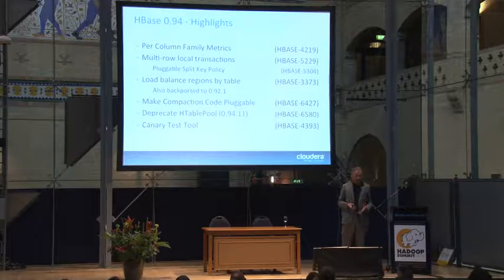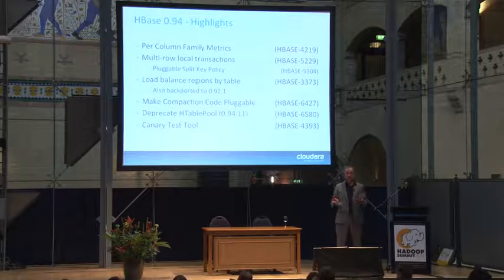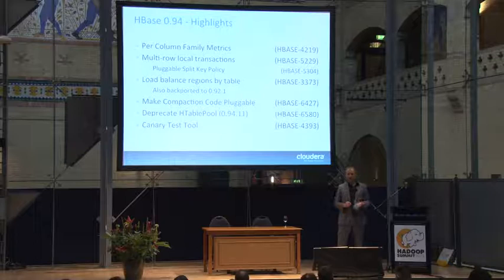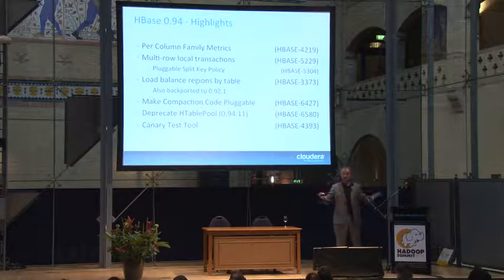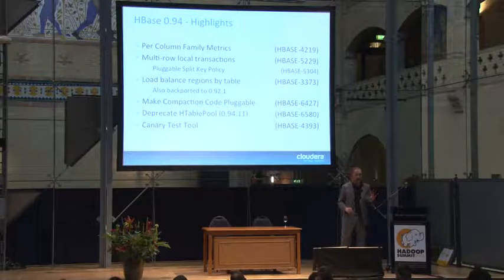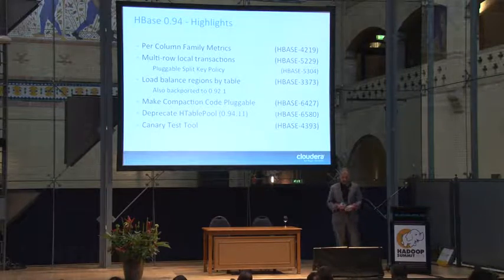Operational help: we had issues where sometimes HBase was not aware what's in a region when it would balance the cluster out. So if you had, say, 5 servers, they all had 10 regions. But the problem is that one small table, which has, say, 3 or 5 regions, was located on a single region server. So when you talk to that table, you get no parallelization. You got only one server serving those 5 regions, and that's a bad idea, again, because you have no performance. This is load balance regions by table, and it is also backported to 0.92.